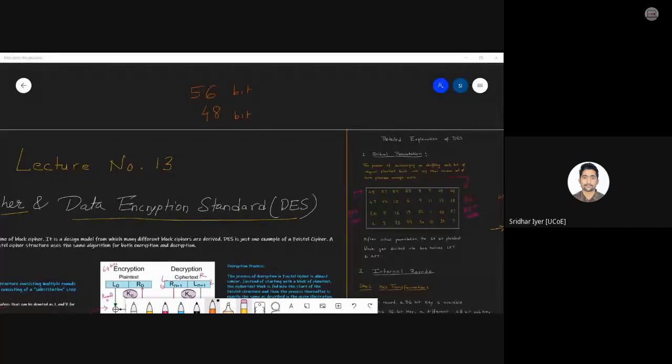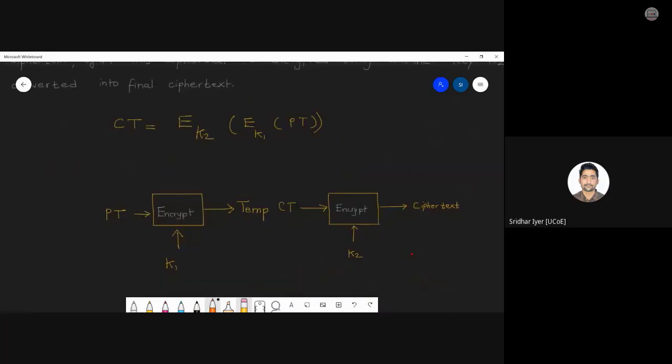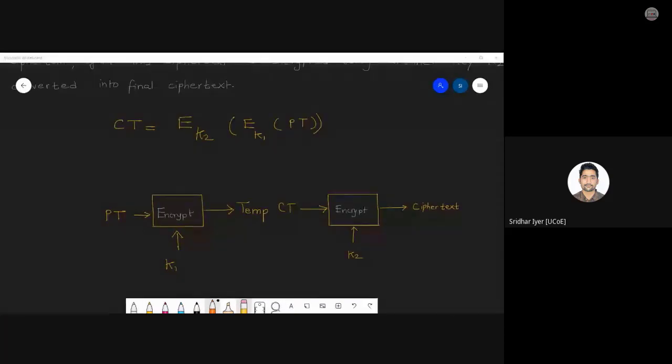Okay, fine. Okay, so let's move on with double DES. We still have 10 minutes. Okay, just have a look at this diagram and this expression over here. Can anyone tell me what exactly is happening? Just have a look at this diagram and try to explain to me what exactly is happening. Okay, fine. Repeating the same thing, but what is different over here?